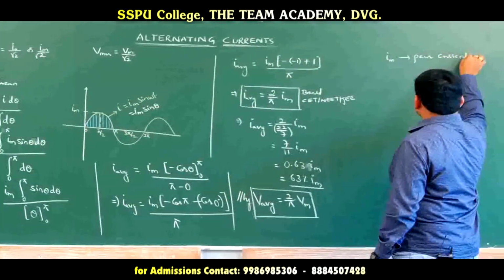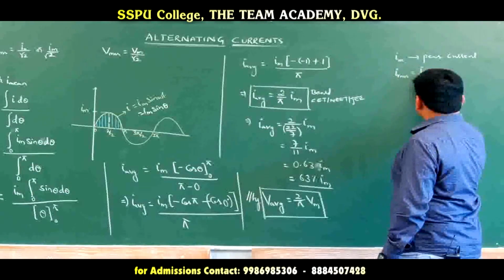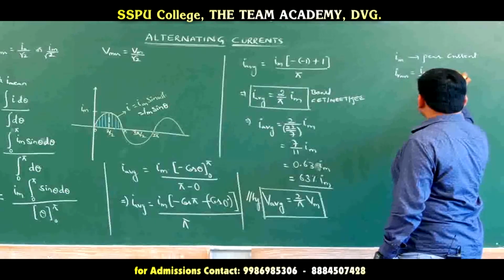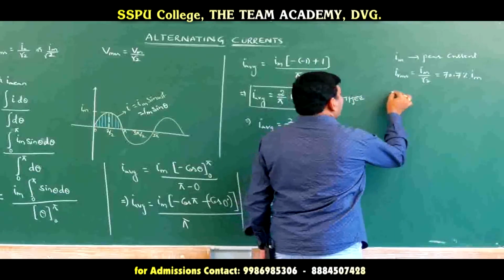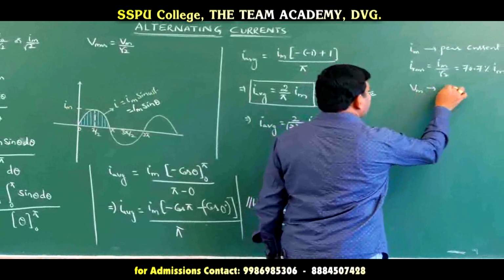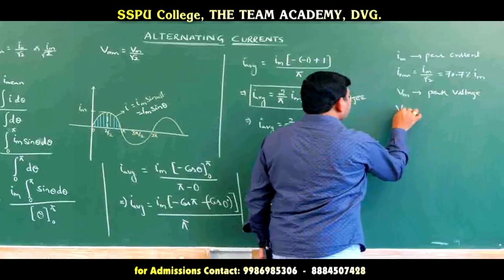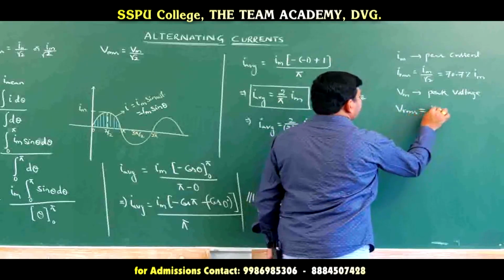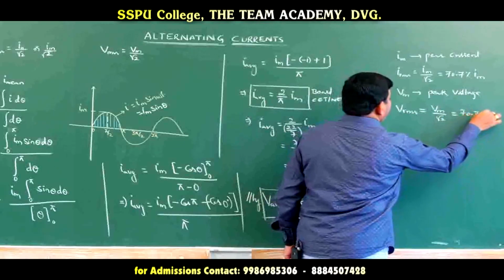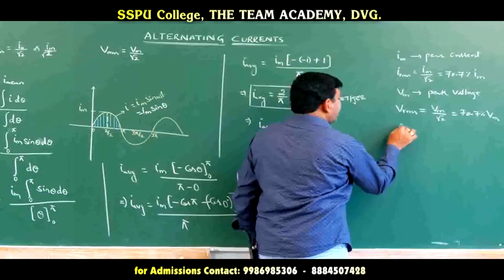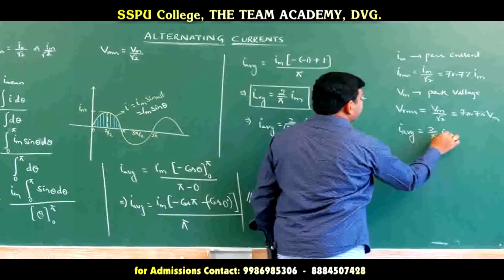Peak or maximum current. Second thing, IRMS is equal to Im by root 2, which is equal to 70.7% of Im. Similarly, Vm is nothing but peak voltage. And Vrms is equal to Vm by root 2, which is equal to 70.7% of Vm. And I average over the half cycle is equal to 2 by pi times I maximum, which